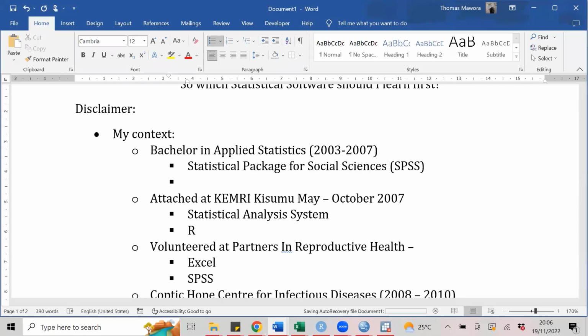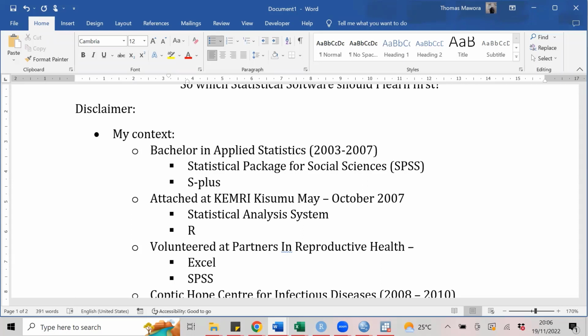There was SPSS and another one called S+. One of the main developers for S+ is probably the person who started R. I think there is some relationship with that. So during that time, I learned SPSS and I learned S+, and I've never used S+ ever since.